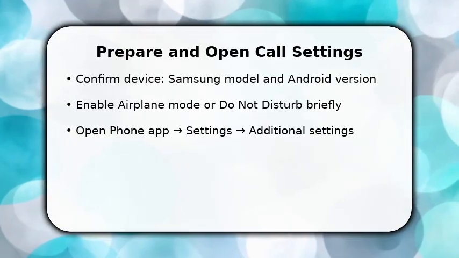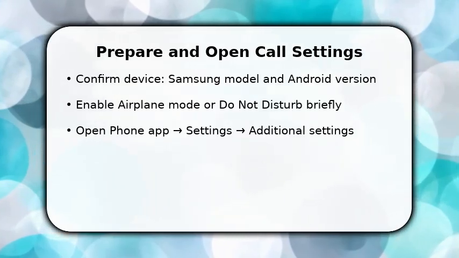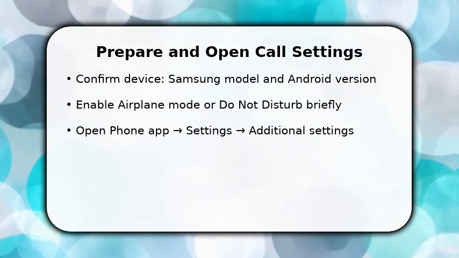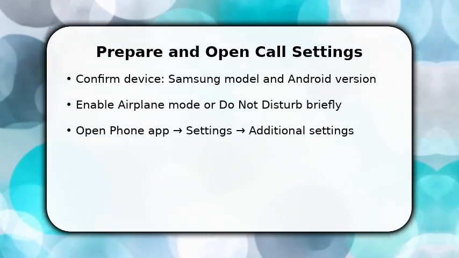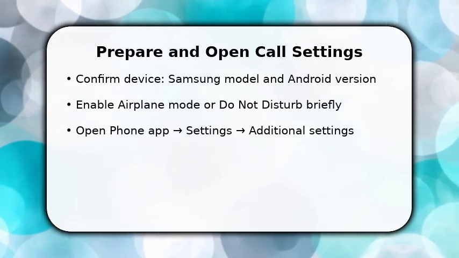You start by preparing the phone so changes take effect immediately. Make sure you're on the Samsung device and note the Android version because menus differ. Once ready, enable airplane mode for a quick test or turn on Do Not Disturb to avoid interruptions while changing